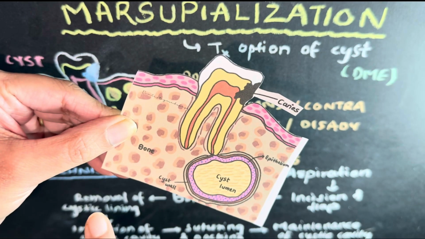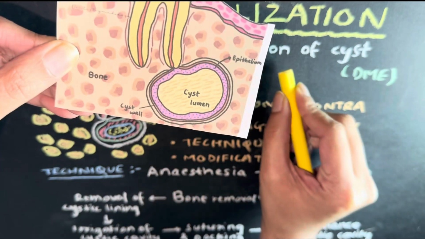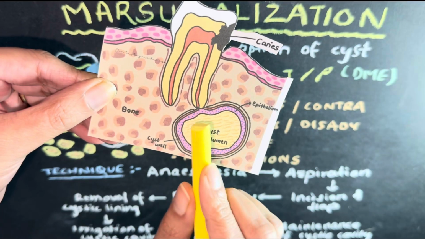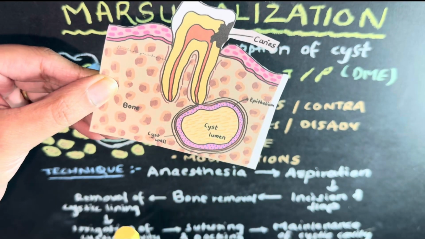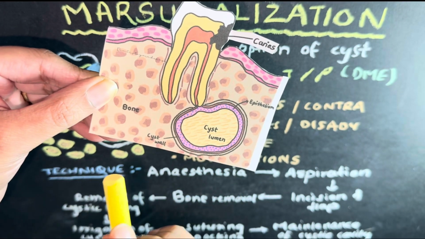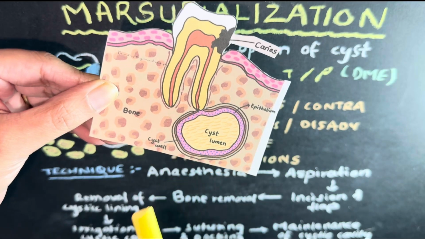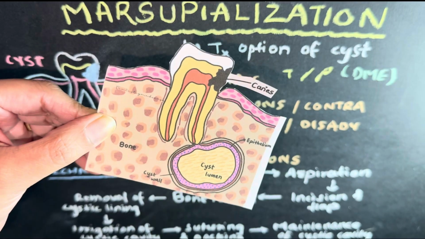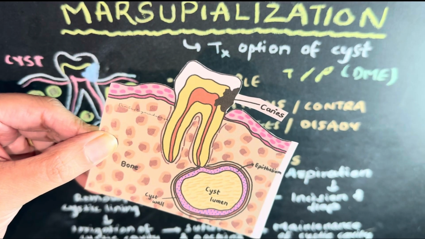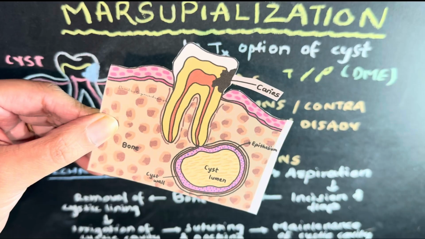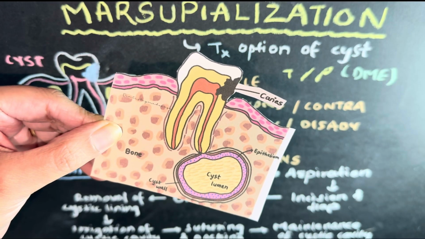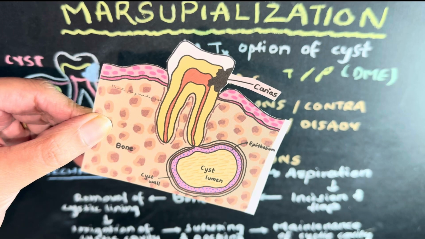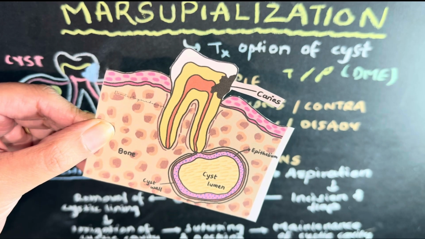So the dental cyst is classified into two types, that is the true cyst or pseudocyst. True cyst is the one which is lined by the epithelium, and pseudocysts do not have the epithelial lining. Example, the aneurysmal bone cyst, and for the true cyst it will be the dentigerous cyst. So remember, initially cysts do not contain pus, and when they become secondarily infected, then the pus is going to develop in the cyst, and it may arise in any of the soft or the hard tissue of the